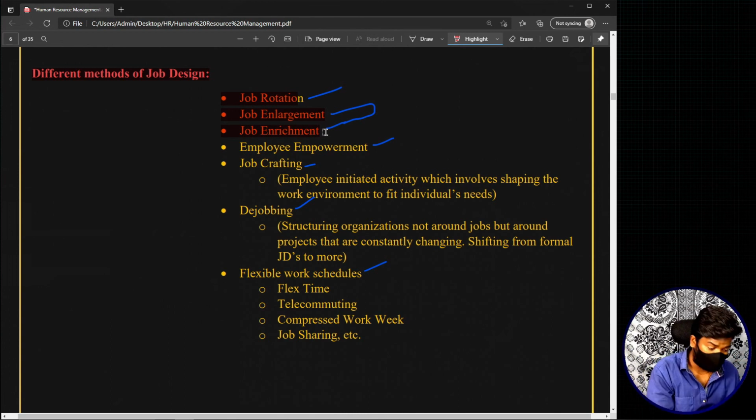New training is required, and all these things. So this is job enrichment, where you increase the roles and responsibilities relating to non-relative things. In enlargement it was relative things, here it is mostly non-relative things. That means you are increasing the scope of the job. You are bringing in entirely new components and increasing the scope of the job. This is one method, which is called job enrichment, and the previous one was job enlargement. Most people get confused between job enlargement and job enrichment.